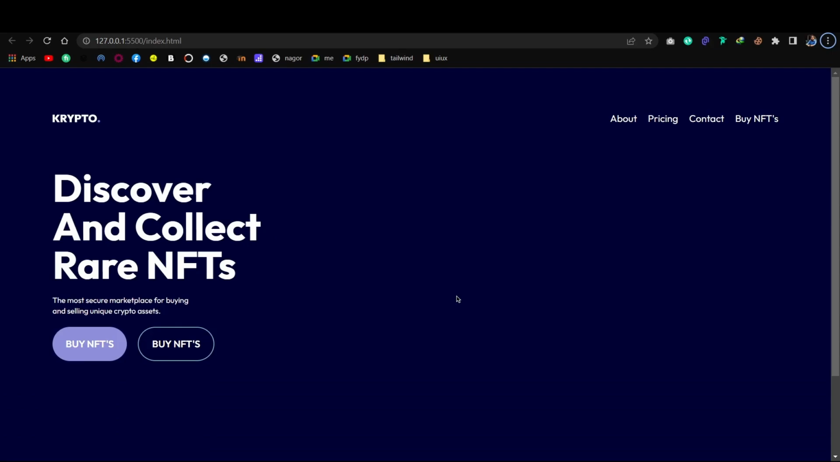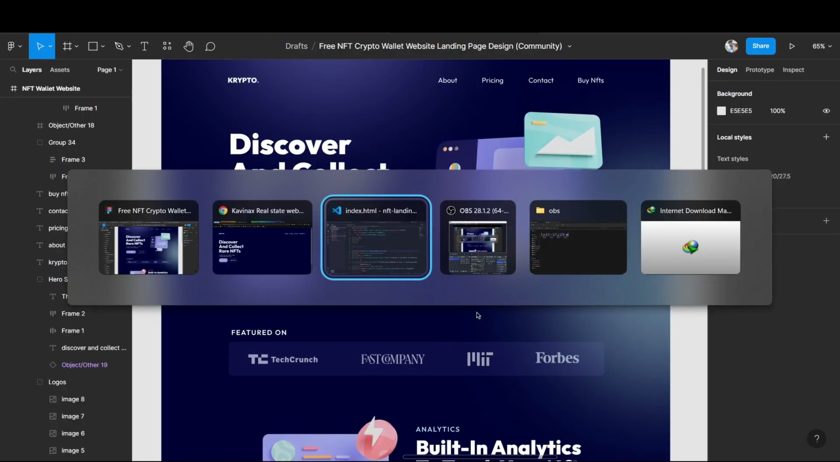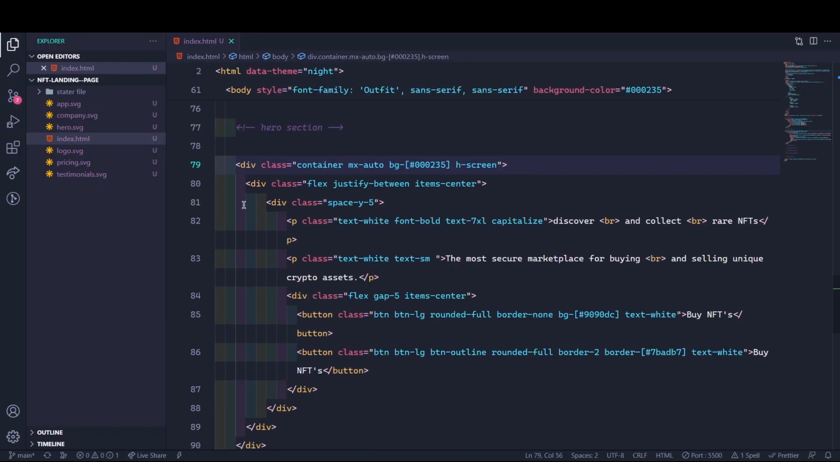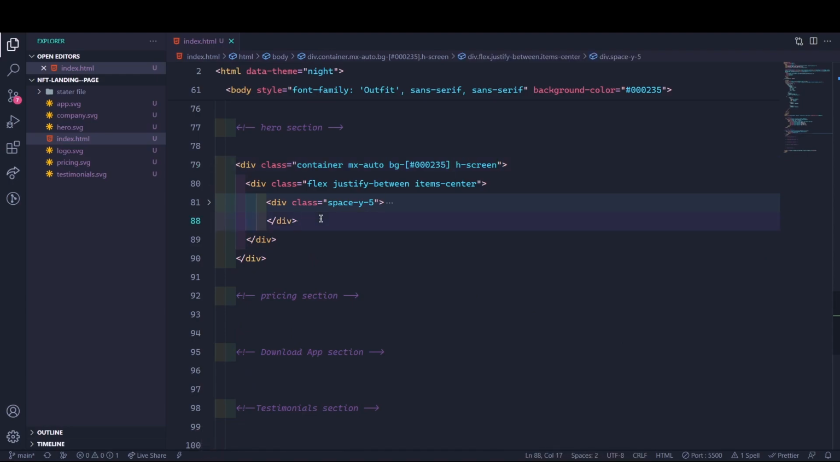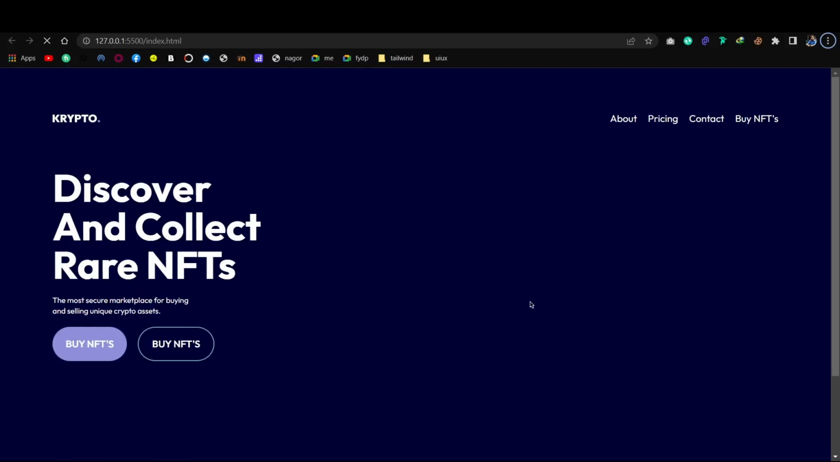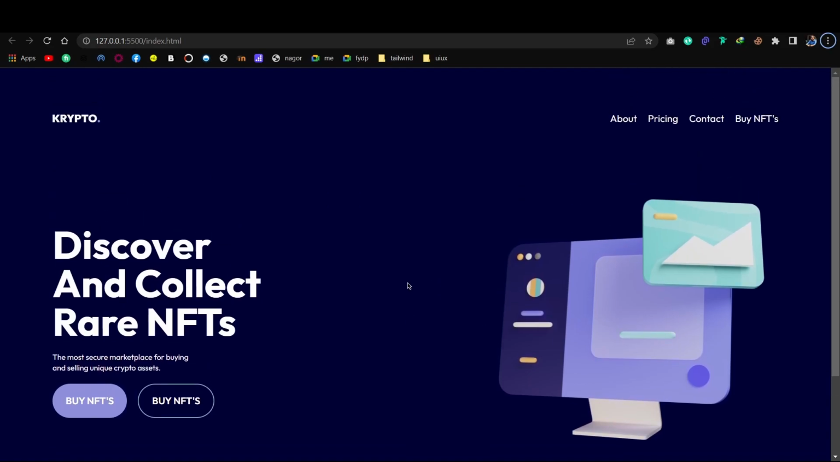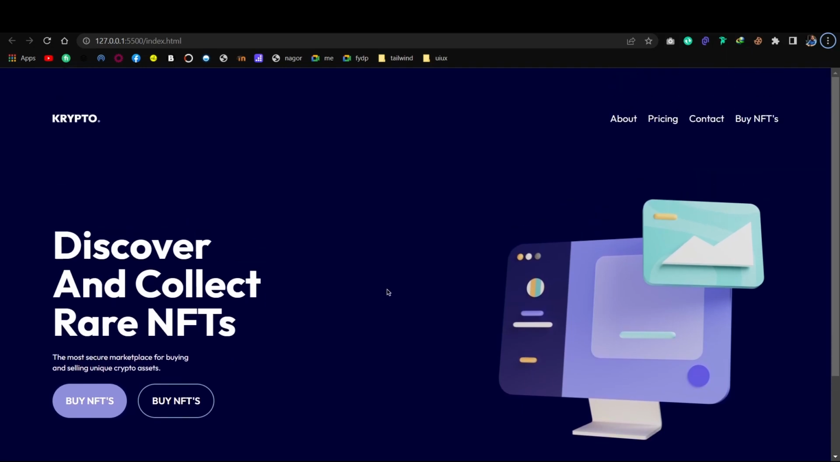Okay, now I report the design again, and I need to call the image. So image, then hero. I think I should add that as hero. And yeah, now it looks good, right guys? Let me know in the comment. Okay, hero, and